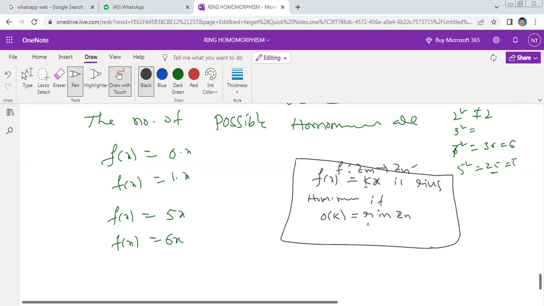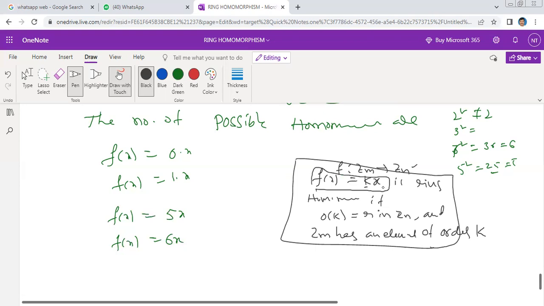F of k is equal to r, suppose r in Zn, and Zm has an element of order k. జాగ్రత్త చూడండి, it is the most important concept in group theory also. F is a mapping from Zm to Zn. ఒకవేళ fx is equal to kx అనేది హోమోమార్ఫిజం అని కరెక్టే అని చెక్ చేసుకోవాలి అంటే whether it is correct or